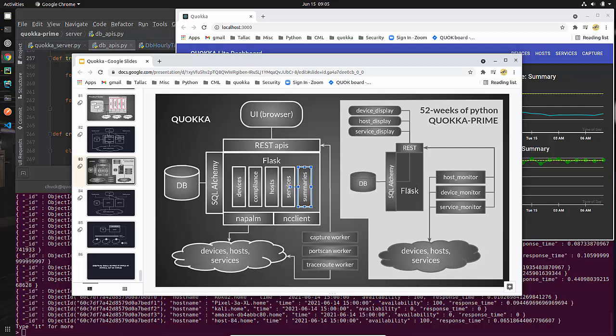So what we're going to see in our Flask application, in the Quokka server application itself, is that I'm creating a thread that is going to run, and every hour it's going to wake up, do the summarization, and trim excess data. So that's the general idea. That is the code.